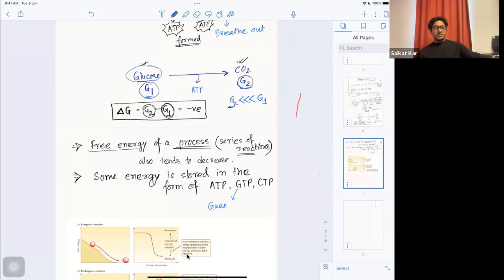When we study respiration and photosynthesis, we'll find there are some reactions where we can even extract energy from GTP. So ATP is the major currency. So most of the time we are using ATP. But GTP, CTP, there are a few other high energy compounds as well,